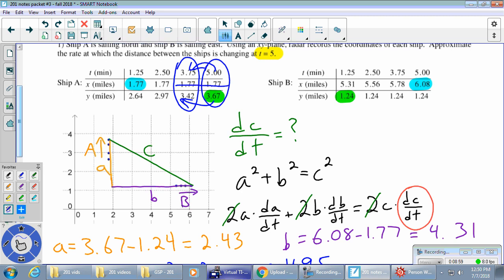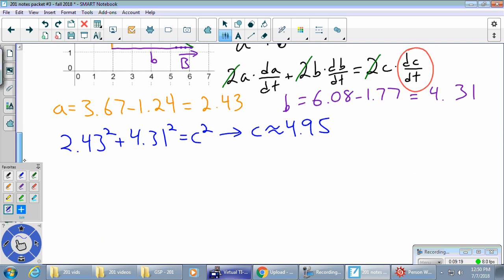And we're just going to assume that whatever speed the boat is moving in this little 1.25 minutes, it's just going to continue to move at that speed, or at least at this one moment in time, t equals 5, its speed probably isn't all that different from the average speed in between these last 2 points. So we are approximating now dA/dt